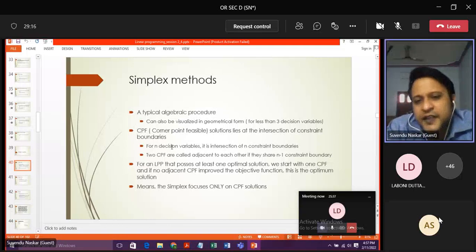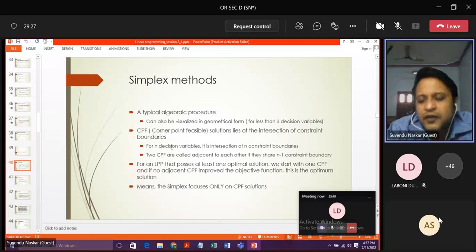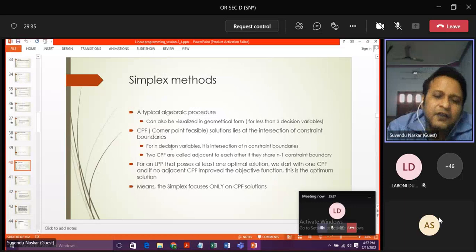So the bottom line is that simplex focuses only on the CPF solutions. Whatever we are doing, all we are concentrating on is the corner point feasible solutions,